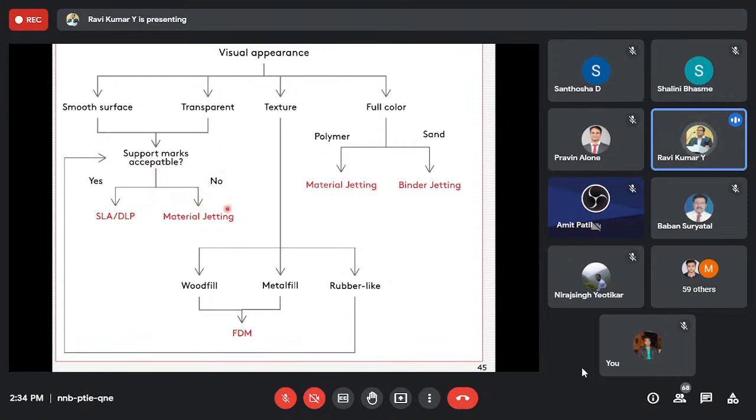No means you can go with a certain selection, or yes means you can choose some other technology. And then textures, you need wood fill textures, metal fill, rubber like, or you need to print some colored models in polymer or sand. Then you can choose